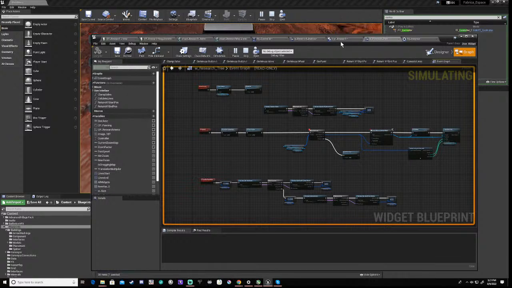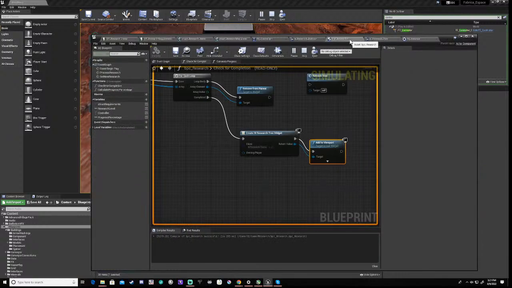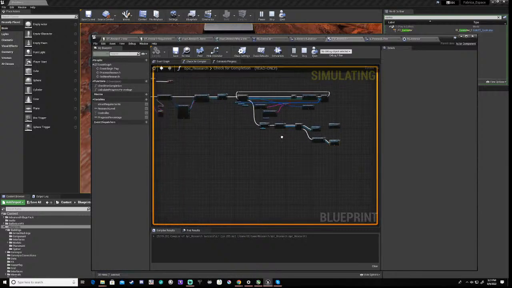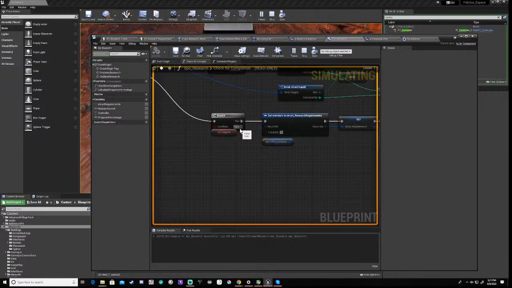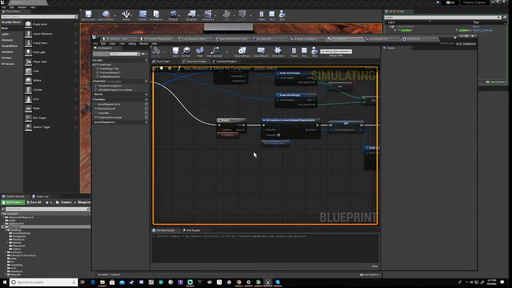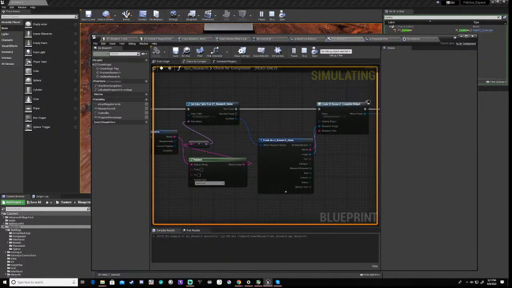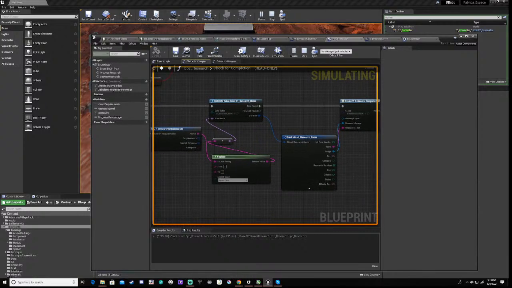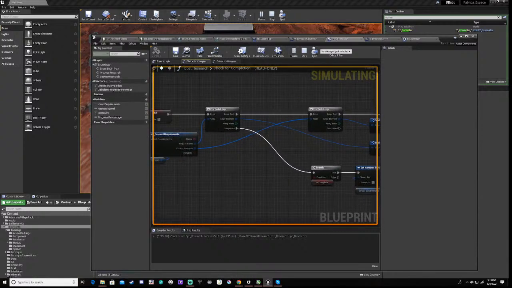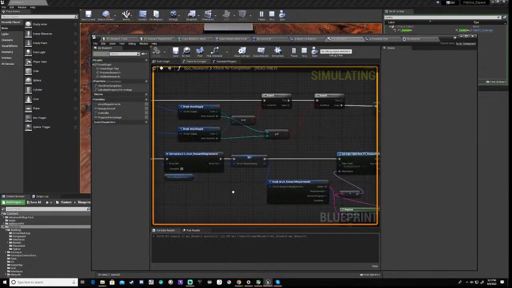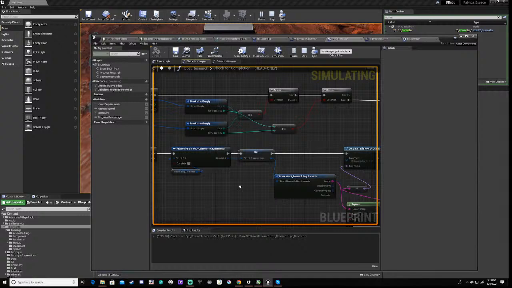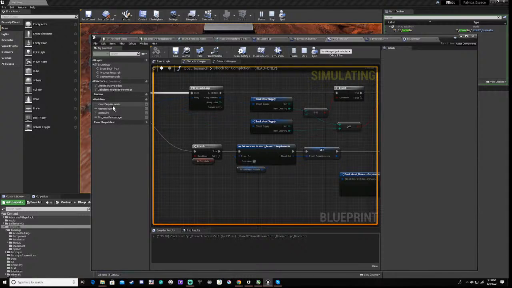Right? So if we go into here, so the struct requirements,